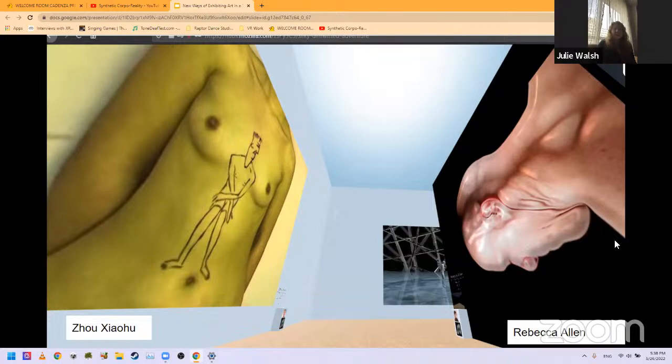This exhibition showcases increasingly diverse ways of representing what we take for granted, the very depiction of our bodies, by using a range of technical innovations, whether in a more historical stop motion approach, like in Zhou Xiaohu's The Gooey Gentleman, in which the artist, this is the piece on the left that you see, portrays the figures in surprising ways by using the torso as an actual canvas to depict the battle of the sexes. Or in Rebecca Allen's piece on the right, Figures in Motion, which is a response to a lifelong interest in bodies that are in motion and how technology can represent them. Next slide, please.